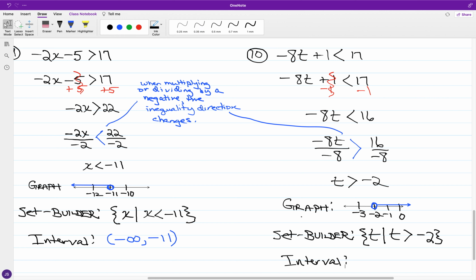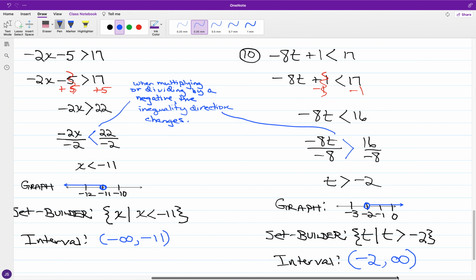And for the interval solution, I have going from but not including -2. Again, -2 is excluded, so that will be in the parenthesis. And for the array going continuously out to the right, that means that we have t heading on out to infinity. So again, we have an open interval, where we have parentheses exclusively used for the grouping symbols. And now,